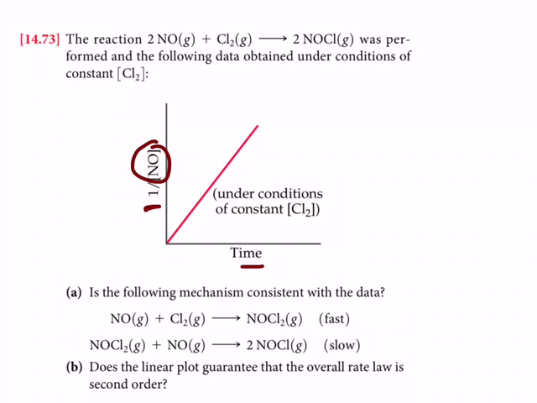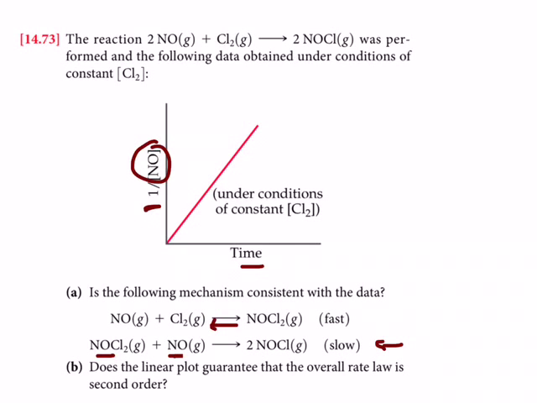Well, the slow step in this mechanism is step 2, that's the rate determining step, and so its rate law would be first order in NO and first order in NOCl2. So my first response would be, no, this doesn't look to be consistent because it's supposed to be second order in NO. Now, if the first step, and I'm wondering if there's actually a small mistake in this question, was supposed to be not only a fast step, but a fast reversible or a fast equilibrium step,